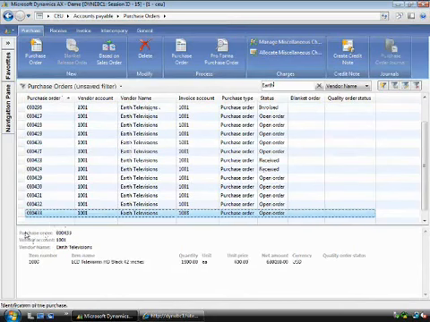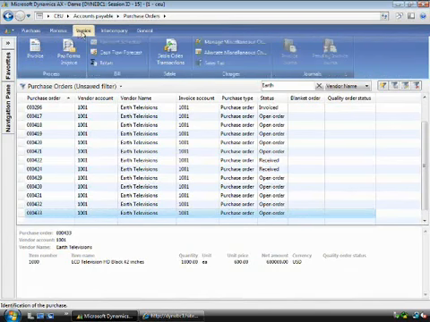We are also introducing the new concept of a preview pane. The preview pane saves time by presenting key information about the order to avoid having to drill down further into the system. You'll see across the top of the list page we have a new concept called the action pane. The action pane guides the user through the processes that they need to perform in the context of the document that they are on. In this case, a purchase order, you'll see that the action pane shows purchase, receive, invoice